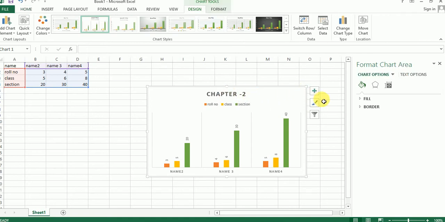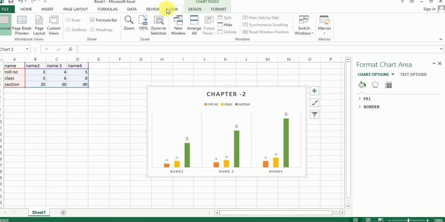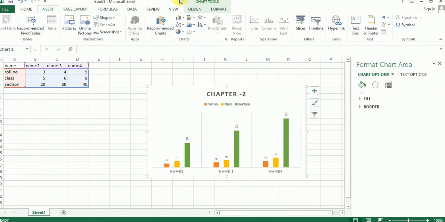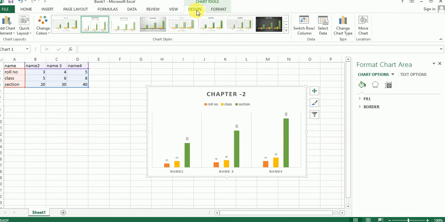Now, if you don't want to add chart elements individually, you can use one of Excel's predefined layouts. Simply click the Quick Layout command, then choose the desired layout from the drop-down menu.